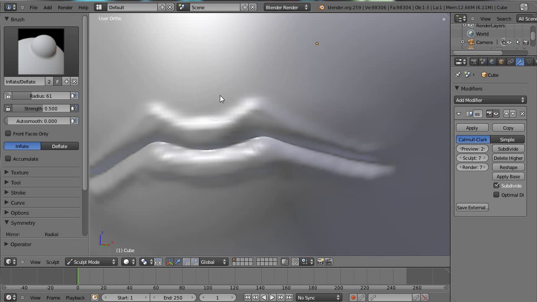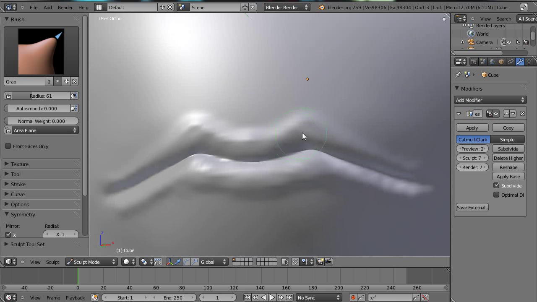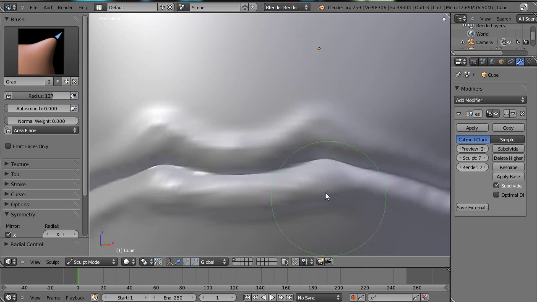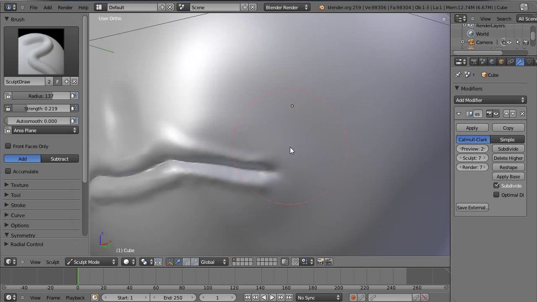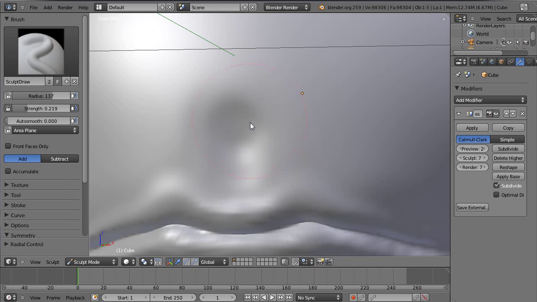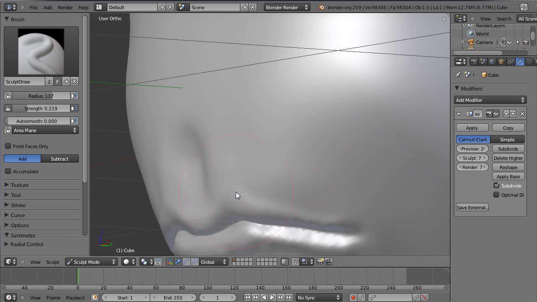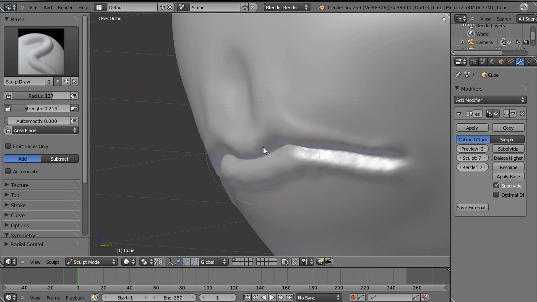So that's looking quite pointy at the moment up there, so just using the grab tool, I'm going to bring that down a bit, smooth that out there, and just for the sake of it, Shift F with the draw tool and Control, bringing that area between the lips, which generally goes in, and draw a bit extra there.